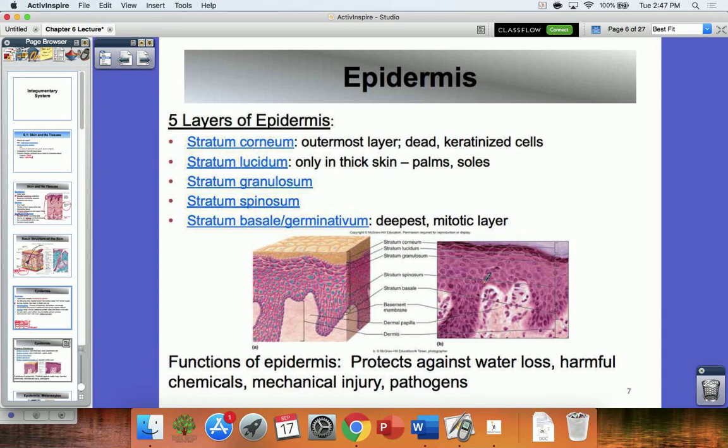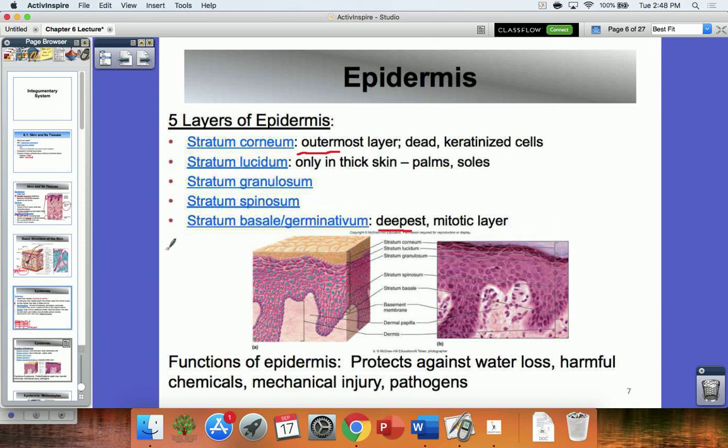And so we have 5 layers of the epidermis, and you will need to know these in order. And I suggest coming up with a mnemonic of your own, or maybe using the mnemonic that I'm about to share with you. So you will need to know, again, this is the outermost here, and this is the deepest layer here. So going from outermost to innermost, the mnemonic that I use to help me remember them from the